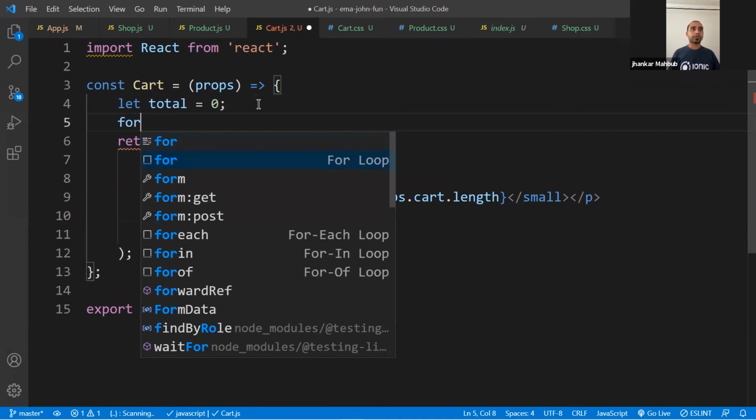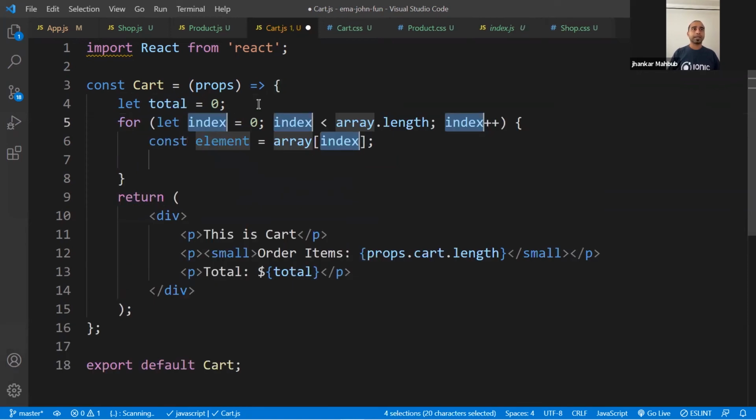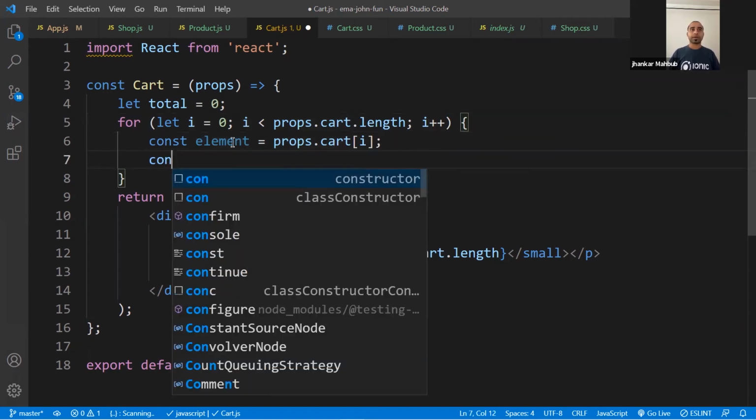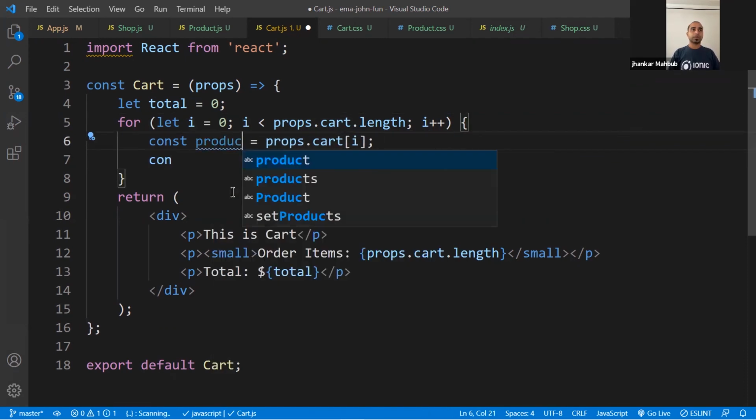If you do this for loop, you will get an index i, and you will go over every item, up to props.cart.length. For every props.cart entry, you will get an element, and every element will have a price. You'll see that every element is nothing but a product in our case. So this will be our product.